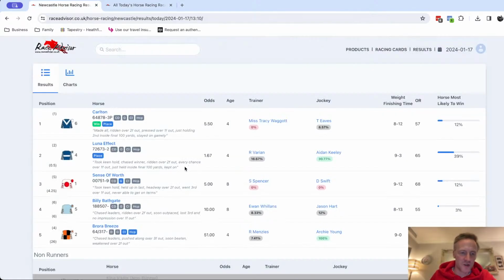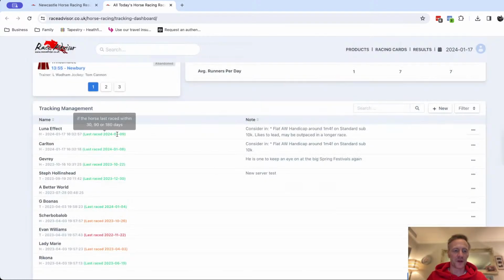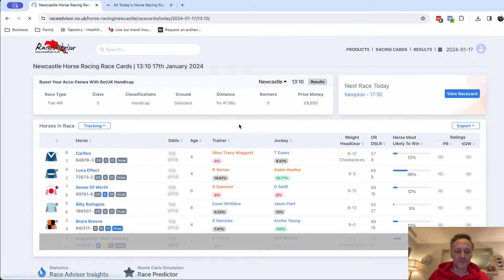I'm just going to come back to Luna's comments. Took keen hold. Chased winner, ridden over 2 furlongs out. Every chance. Just held inside. So I might have a little extra comment here: likes to lead, maybe outpaced in a longer race. Okay, add to tracking. So there we go, we've got these 2 horses here. They've been added. Now what that means is that if I come back to the actual race card,